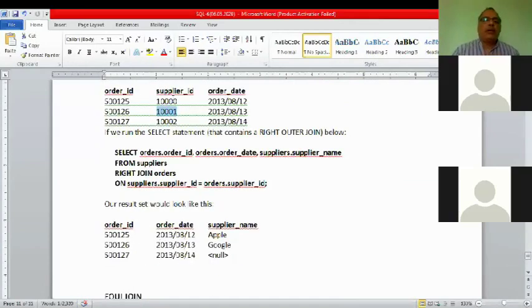The order ID of 10,001 is 500125. Automatically the corresponding supplier name has come. Similarly, the second supplier name has come, and there was one more record, the third one.